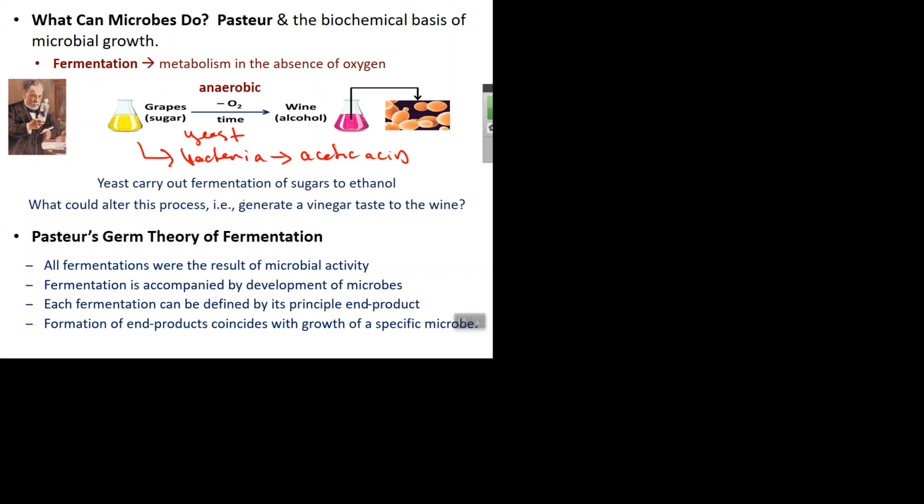The end products, you can often identify, and you can do this today as well. If you carry on a fermentation, those that have done this a lot can smell the test tube or flask after the fermentation is done and go, oh yeah, that's this alcohol or that acid, and you can identify it by that. And so this was huge, right? Now we have the transformation of organic materials occurring through the action of microorganisms and their metabolism, okay?